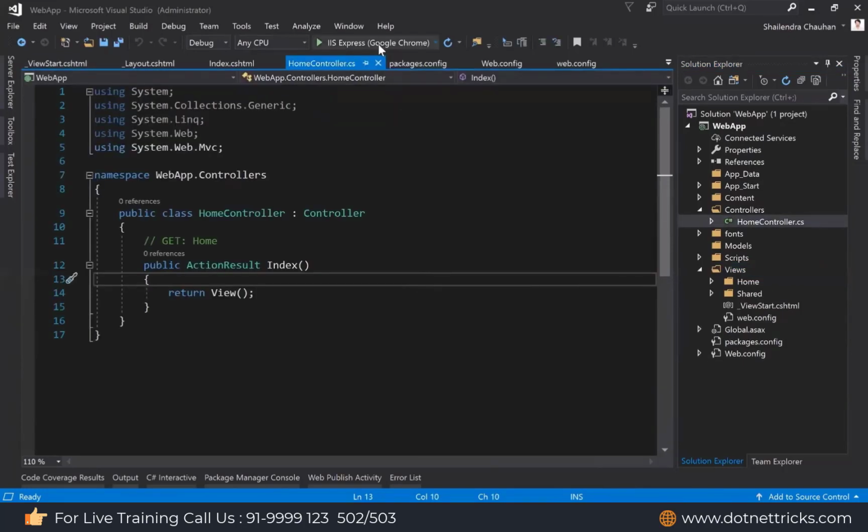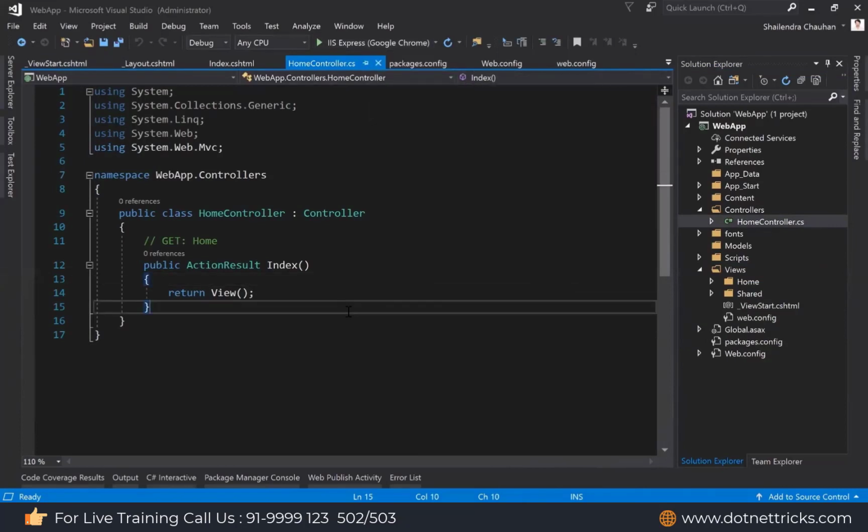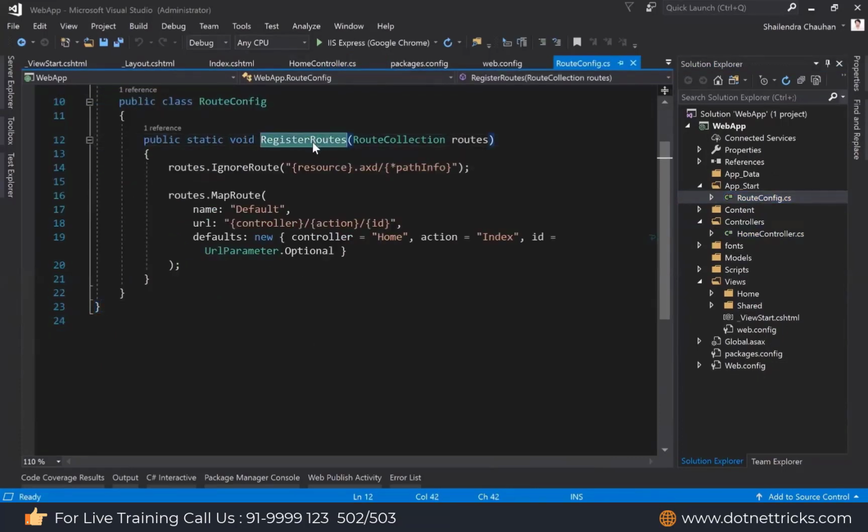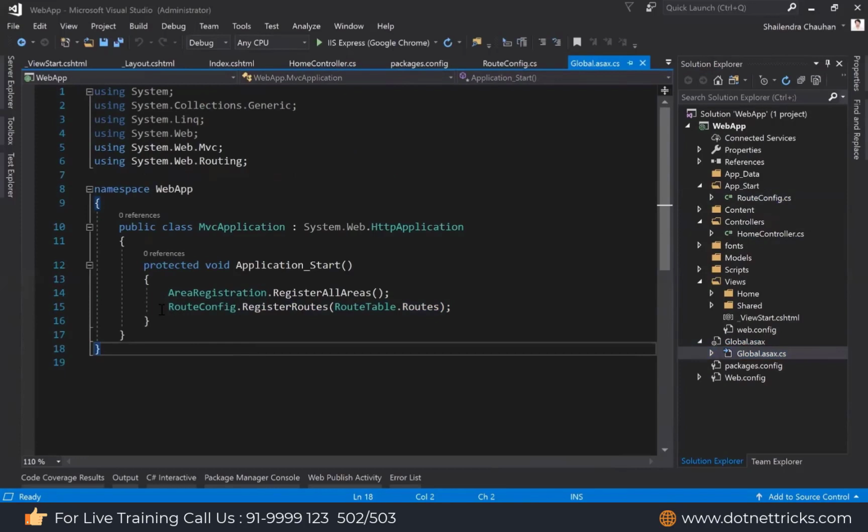So now just run the application and see how it is serving our application home page. So every time when you will run the application, this App_Start RouteConfig RegisterRoutes method we have defined in this Global.asax file. So on the startup of the application, these routes are going to be registered here.